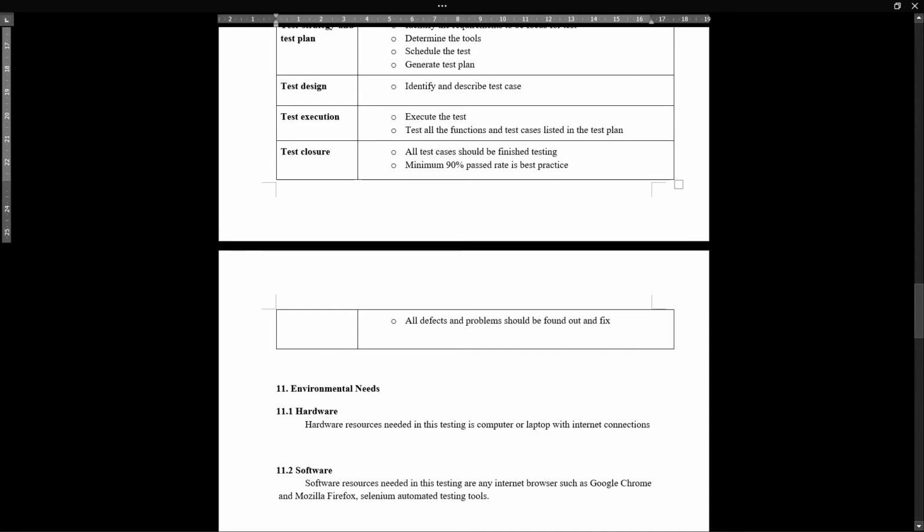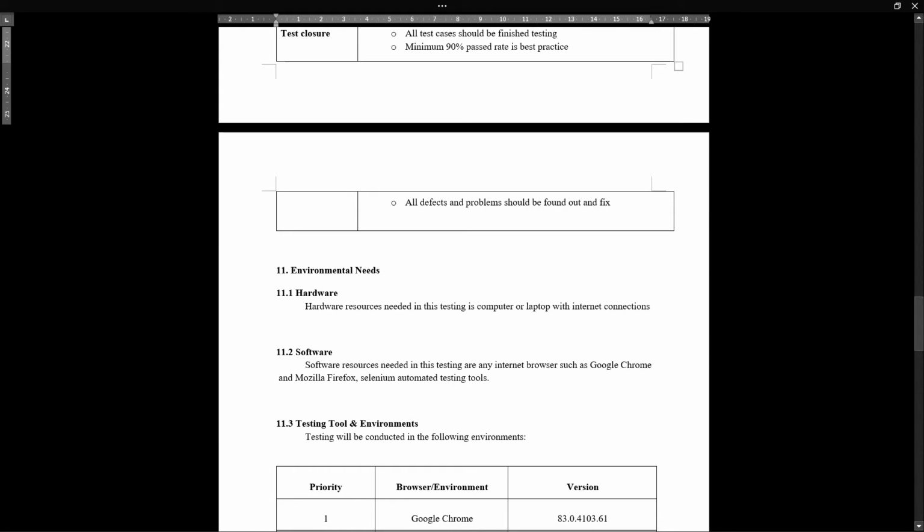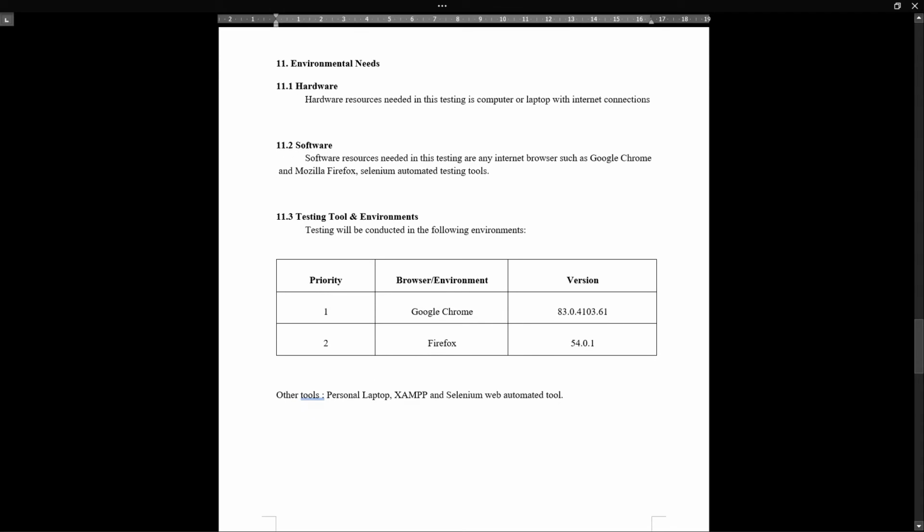So all the cases should be finished testing. A minimum of about a 90% pass rate is the best practice. And the last one, the most important one, is that all defects and problems should be found out and fixed. So the environment needed in this testing will be categorized into